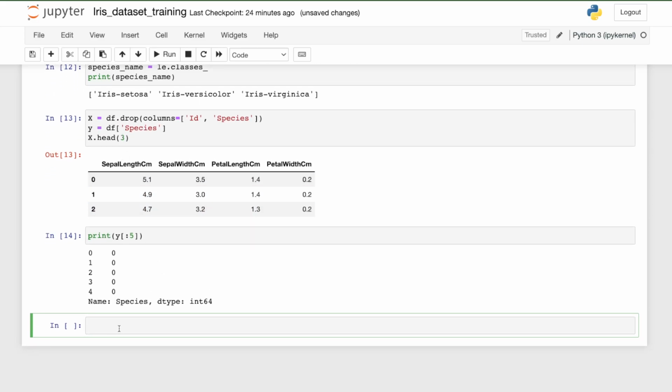So we have X and Y. So let's split our data sets into 2 groups: training set and testing set, right? We will be using the training set to train our model, and then we'll be using our testing set to test our model. All right, so let's bring in, from scikit-learn, from sklearn.model_selection,